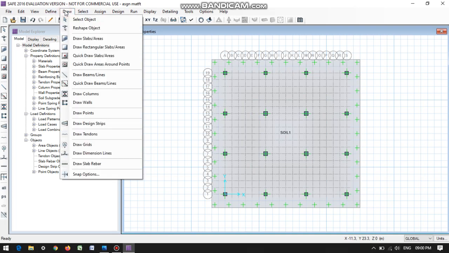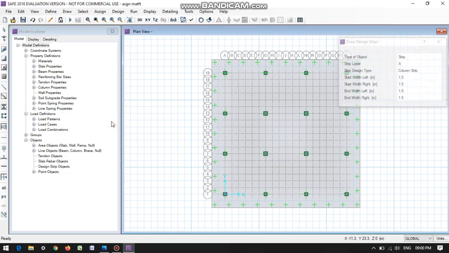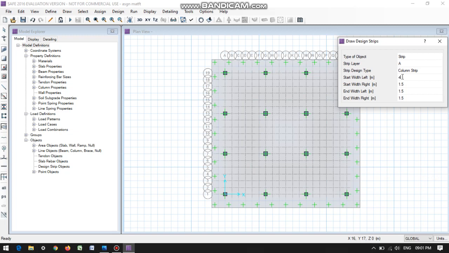Draw design strips. The width is 4 meter, as we already saw in the problem statement.